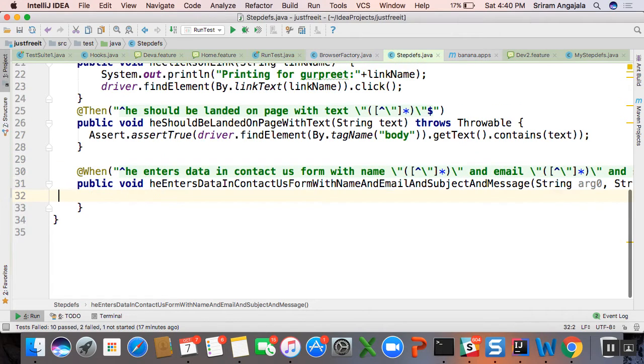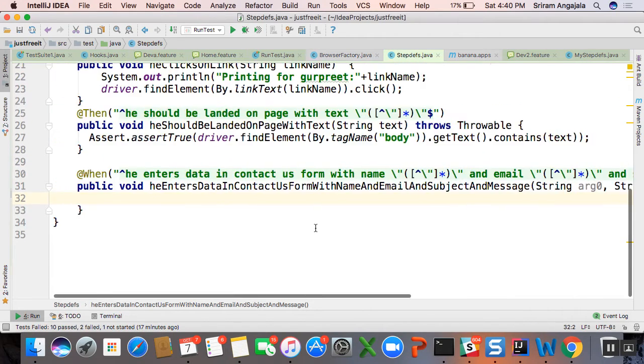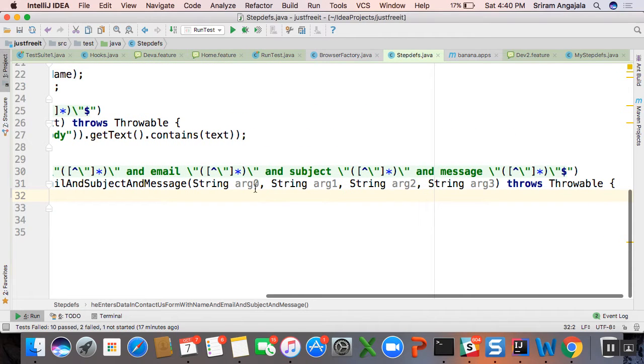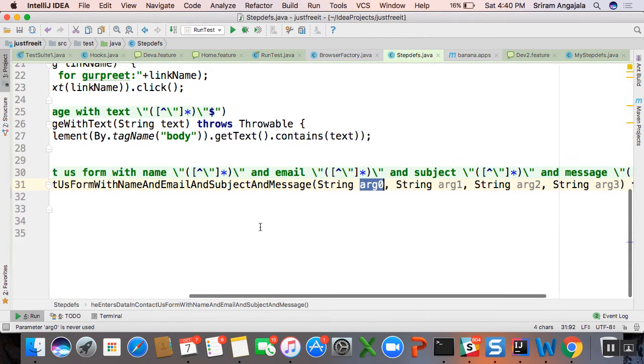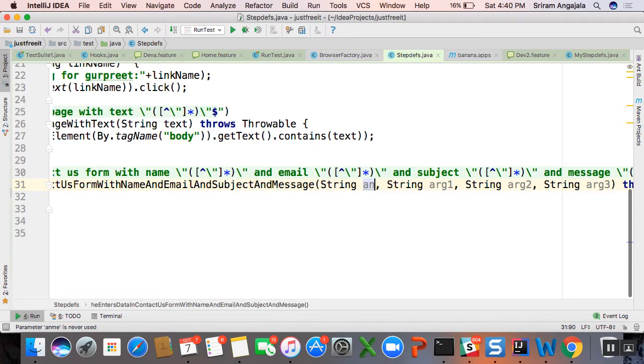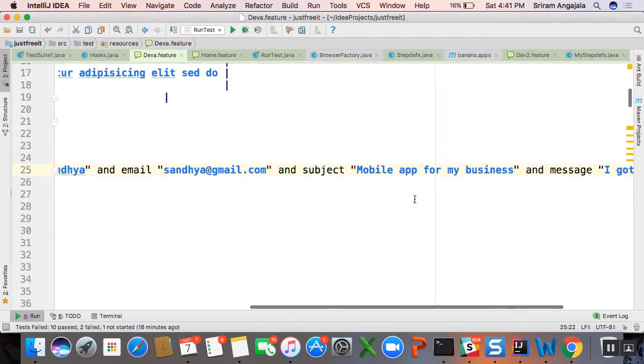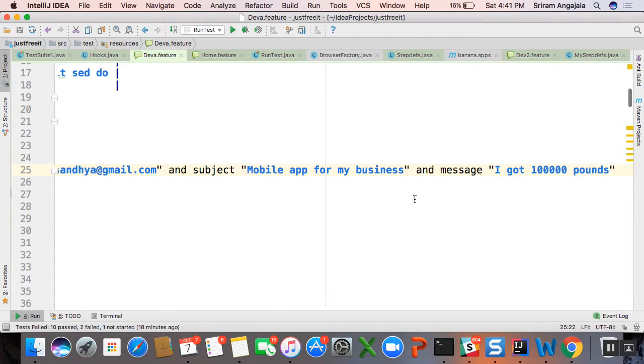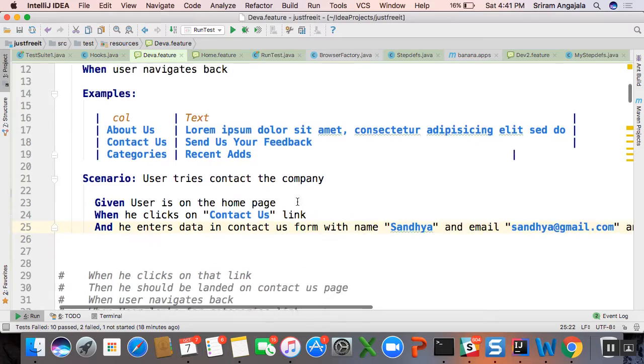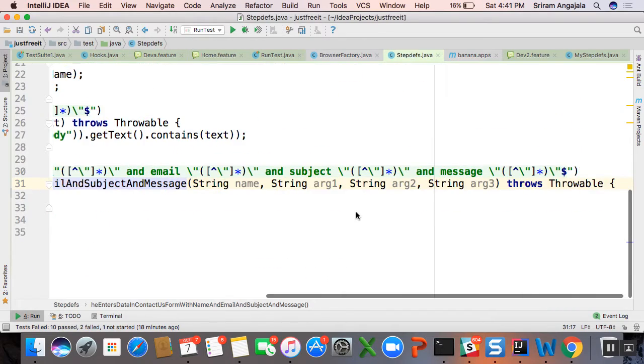Okay. Now see this. All the data that I'm sending. What is the first data? Name, right? So it is coming as an argument 1111. So whenever I put in a double quote, it is converting as a regular expression and then coming as a string. So how many times did I keep double quotes? 4 times. So I know that it is four times I'm sending data. Okay, so that is all about it because I know. Okay. Second one is